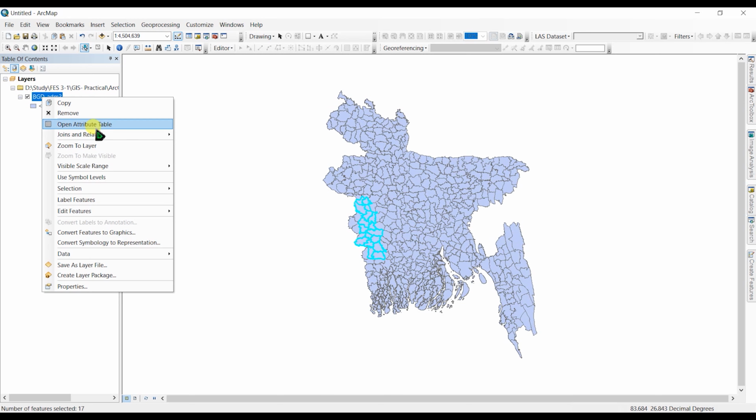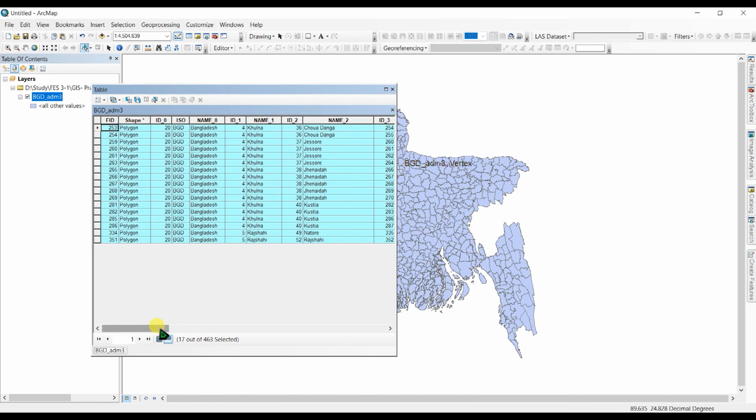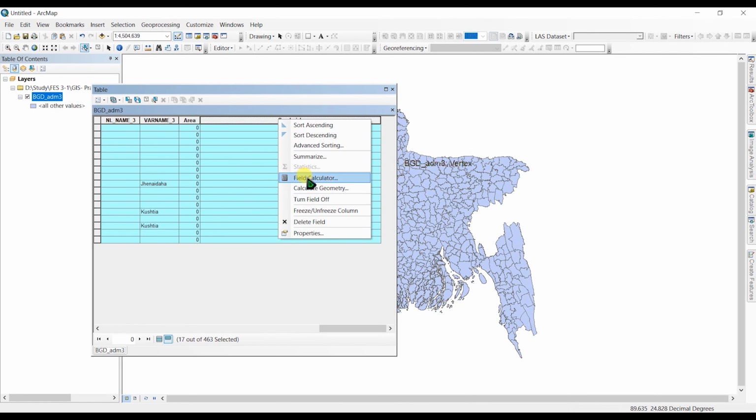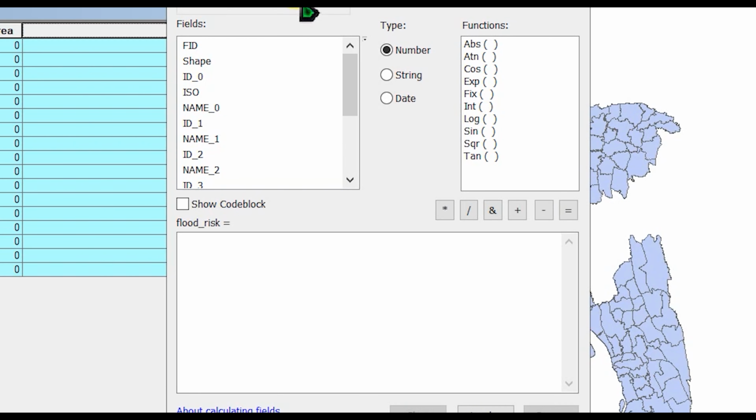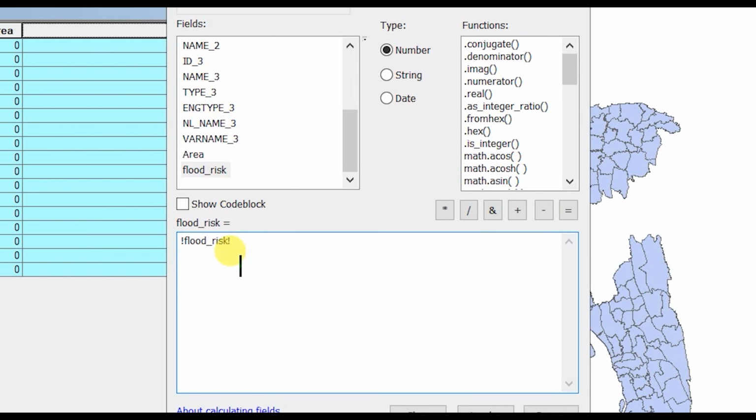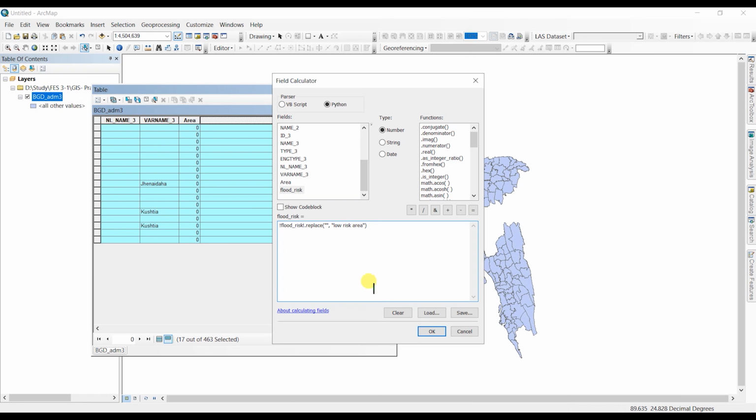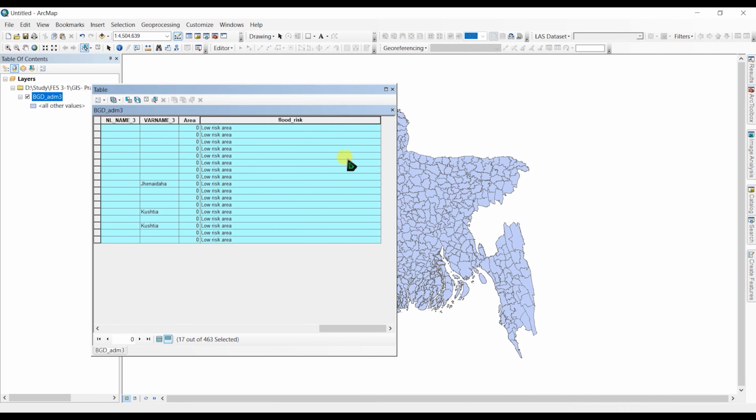and again you can go to the attribute table and right click and go to field calculator, select Python, flood risk dot replace, low risk area. Okay,